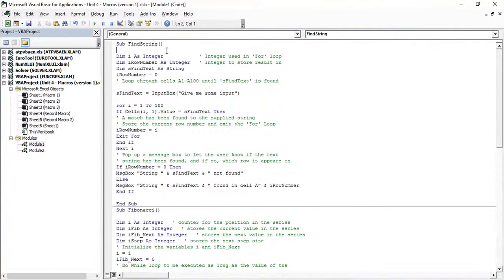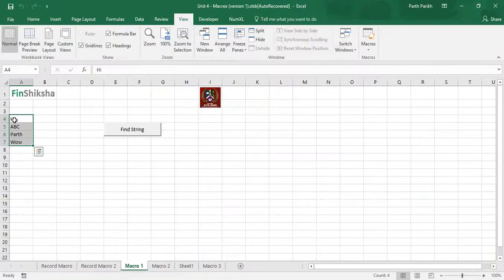So logically, what we are doing is starting from 2. Assume that you are the computer and you have been given a task to find a particular string from a list of data. What will you do? First, you will start from cell A2.